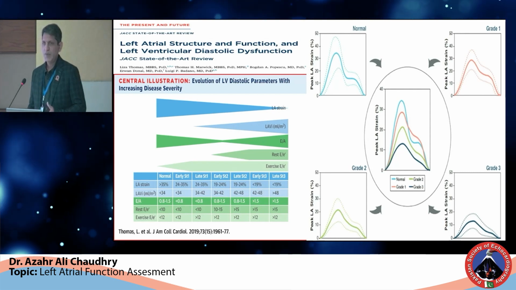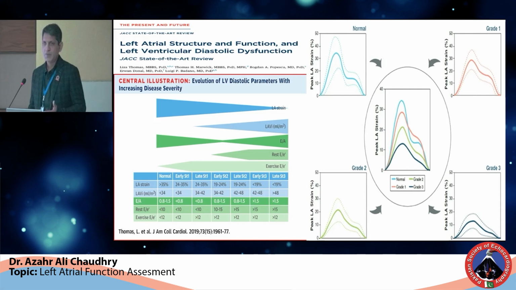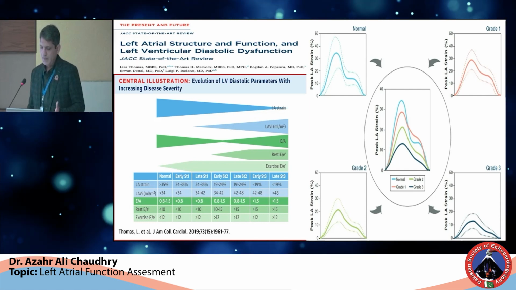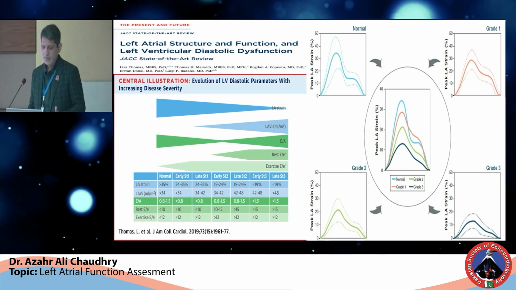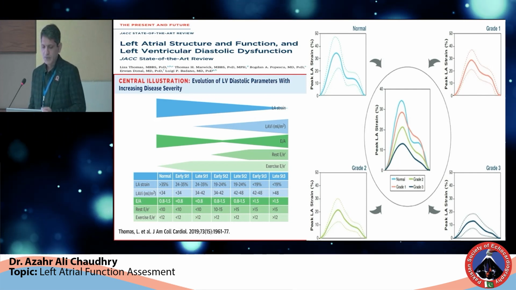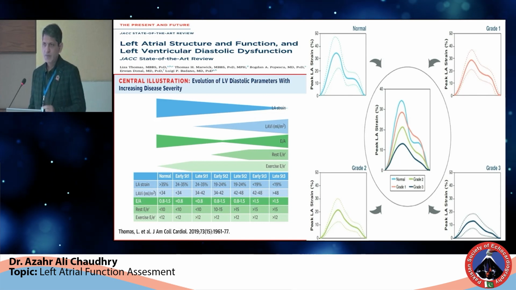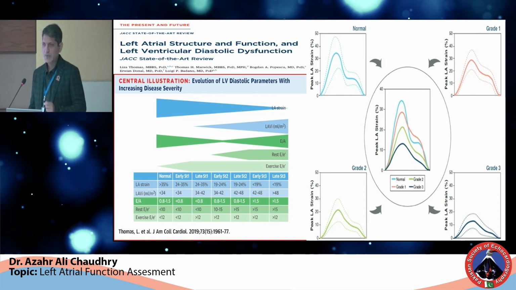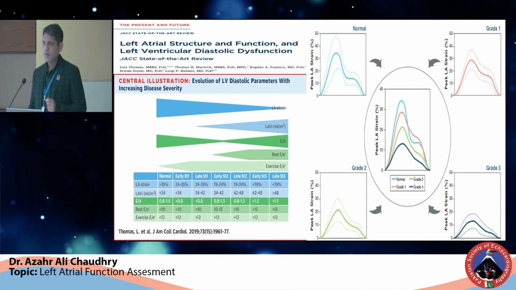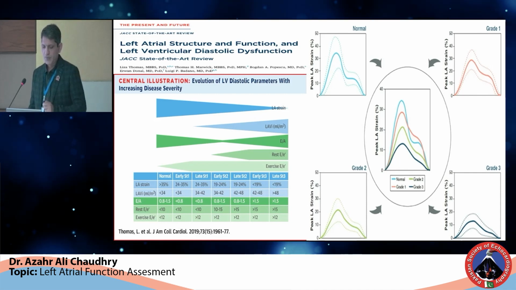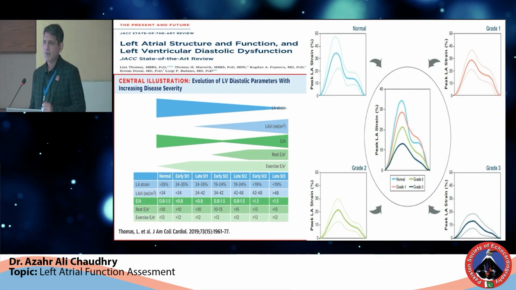The most commonly assessed abnormality of diastolic dysfunction: the left atrial function is most commonly impaired or decreased in left ventricular diastolic dysfunction. So in left ventricular diastolic dysfunction, the earliest parameter that goes down is the strain, even before the left atrial volume, E to E prime, or exercise E to E prime. So this is the most sensitive marker that picks up the left ventricular diastolic dysfunction at the earliest stage, while